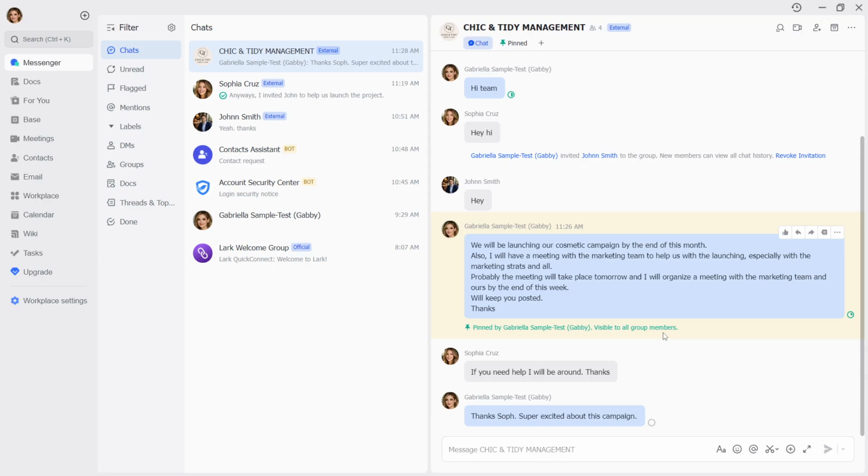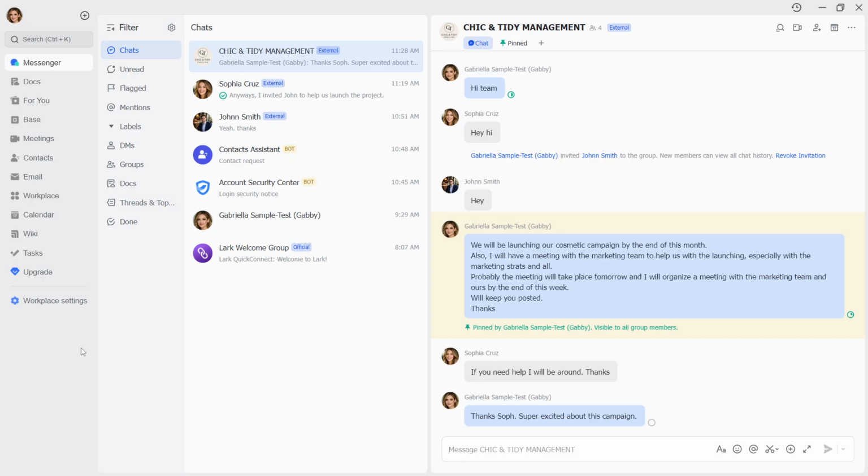To recap, there's no official archive feature in Lark right now, and it's not shown in Lark's help or FAQ pages. Many users expect it, but it isn't available in the current version. If archiving is critical to your workflow, keep an eye on Lark's release notes for future updates. In the meantime, clearing or deleting messages will help you manage clutter, and pinning will help you keep essential threads within easy reach. That's all you need to manage chats effectively in Lark without an archive.